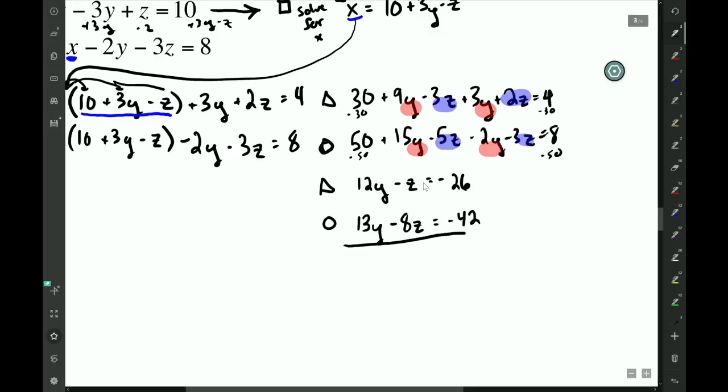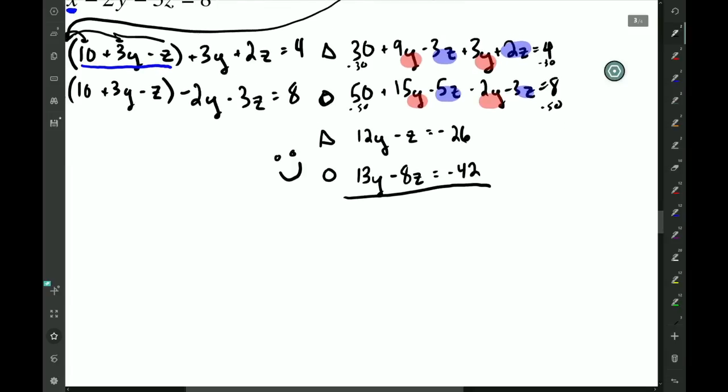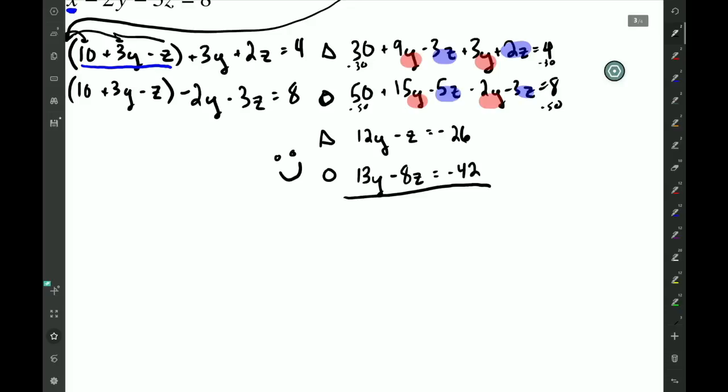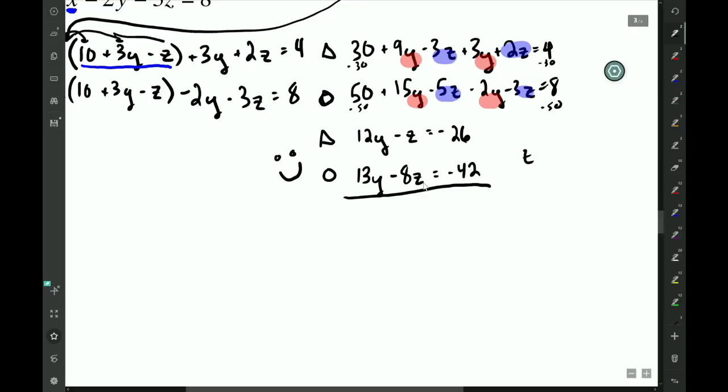Okay, from this point, it should look kind of familiar because it's just a system of 2 variables, which means you can, again, use substitution or elimination. Either one is fine. Just to mix it up, we'll use elimination. So I'm going to eliminate, let's go with z. If I multiply the top by -8,